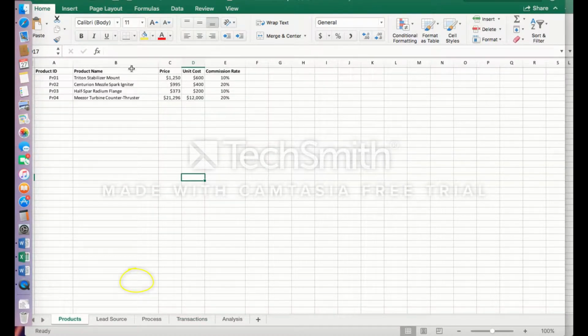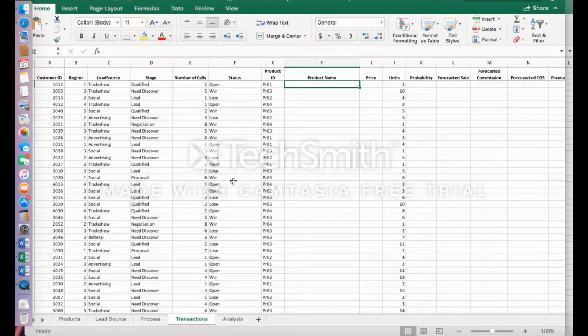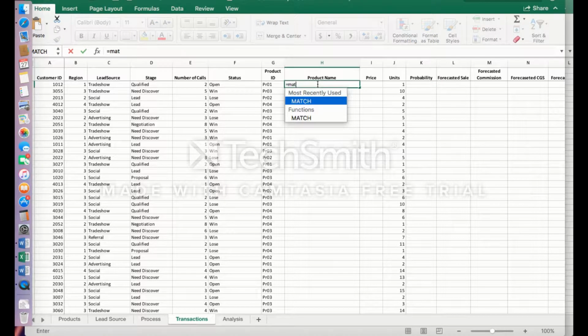So here is our table that we have illustrated. We're going to need this product name to illustrate the product ID. In doing that, we go back to the big document and we're going to do the MATCH function first. So we do equals MATCH. The first thing that comes up is lookup value, which is where you're wanting to pull from. Right now we're wanting to match the product ID, and then the next is where